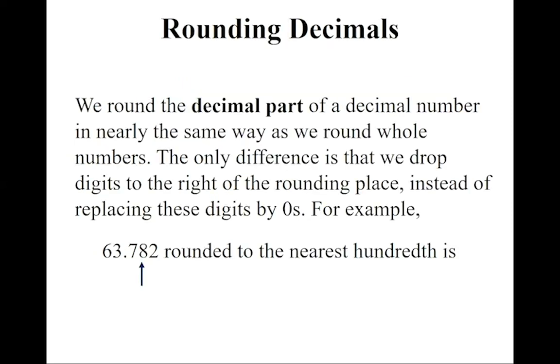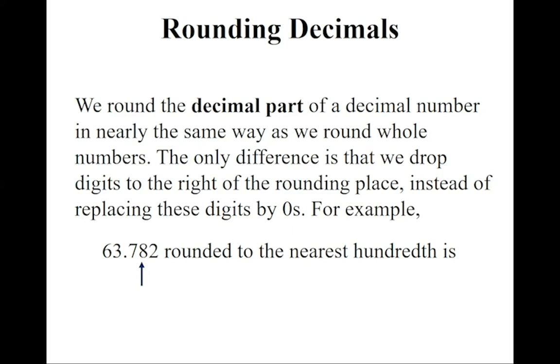Rounding. We round the decimal part of a decimal number in nearly the same way as we round whole numbers. The only difference is that we drop digits to the right of the rounding place instead of replacing them by zeros. For example,